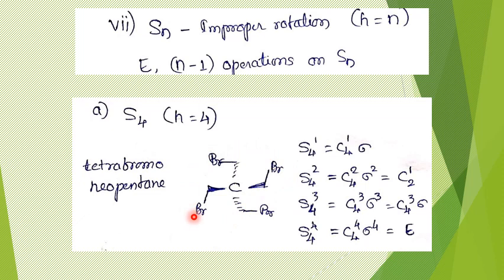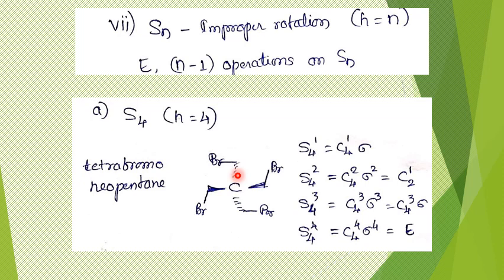Now on this molecule, if I can perform any operation, that can be said to be the S4 operation. If I am performing the S4 operation, observe that the axis passes through this carbon atom, and S4 is C4 plus sigma. Now C4 means this bond takes this position, but that will not lead the molecule to an equivalent orientation, because now in this position the bond is projecting below, but in this position the bond is projecting above. By rotating this molecule by 90 degrees, this bond comes here, so it will be projecting towards the observer. So that is not an equivalent orientation.